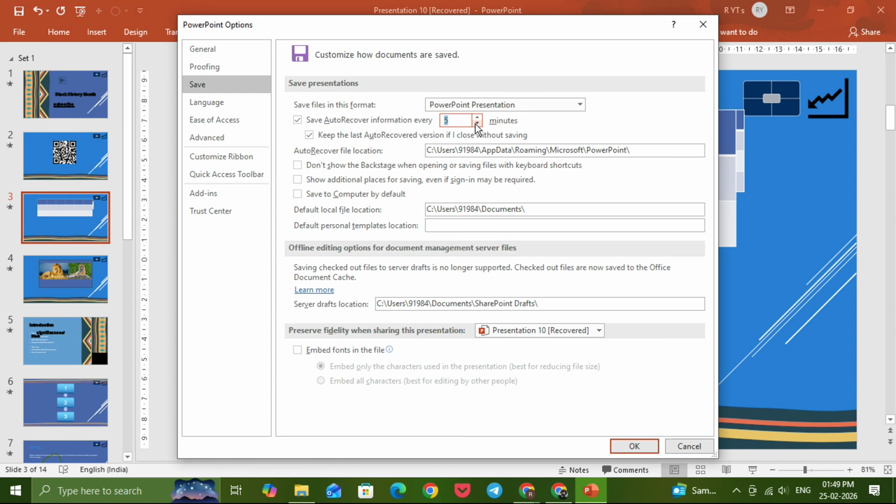That means the program saves recovery information every 10 minutes. If your computer shuts down unexpectedly, you could potentially lose up to 10 minutes of work. To make your work safer, click inside the minutes box and change the number to something lower. For example, you can set it to 5 minutes. This means the program will automatically save recovery information every 5 minutes instead of 10. If you want even more protection, you could set it to 2 or 3 minutes. Just keep in mind that very short intervals may slightly increase background activity, but for most modern computers, 5 minutes